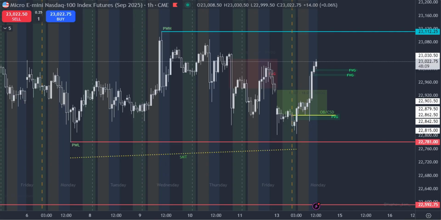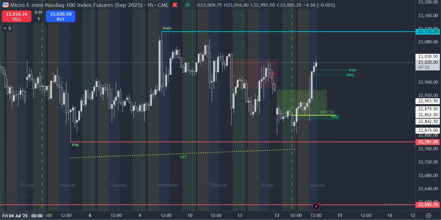SMT is when you have correlated markets, like in the indices. You have the ES, you have YM, and then you have NQ. I'm sitting here constantly comparing these charts between all three of them because if one of those has already swept that liquidity, the other one does not have to go back down there and sweep that liquidity. Okay,